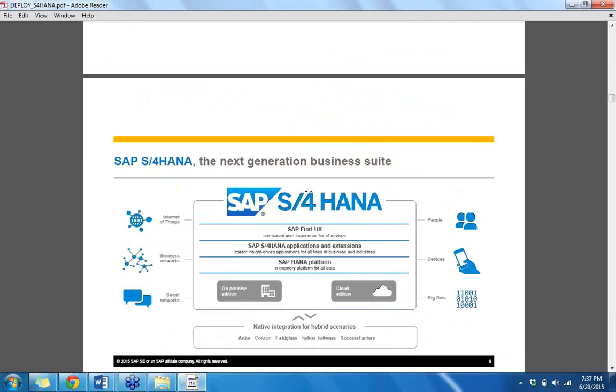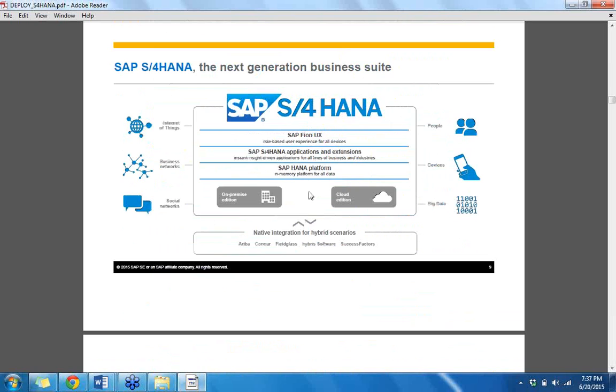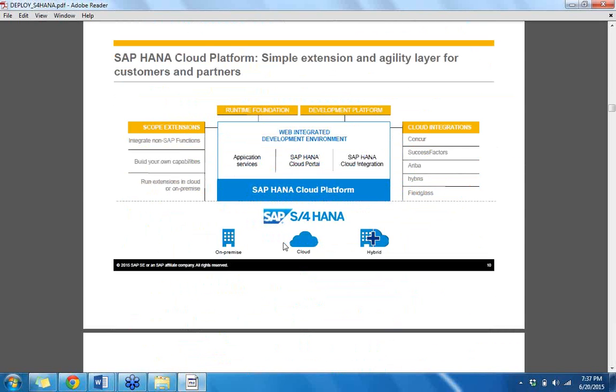Now let's move on to the next one. So S4HANA was about the new user experience and simplified data model, on-premise as well as on the cloud edition, and it also supports Internet of Things, business networks, and social networks. Now coming to the cloud edition,